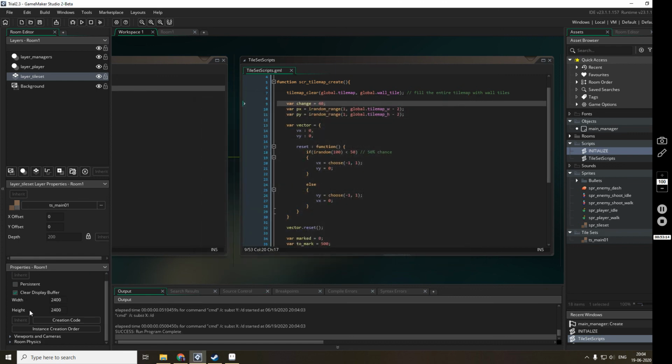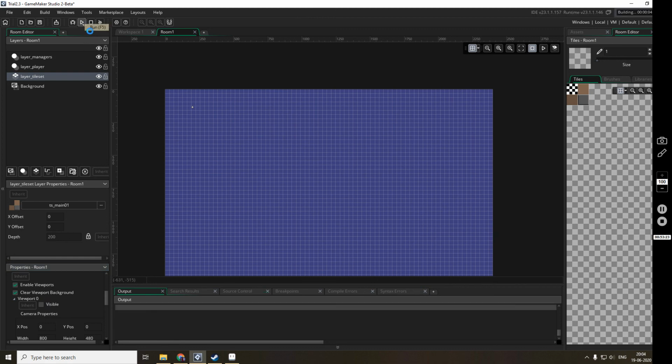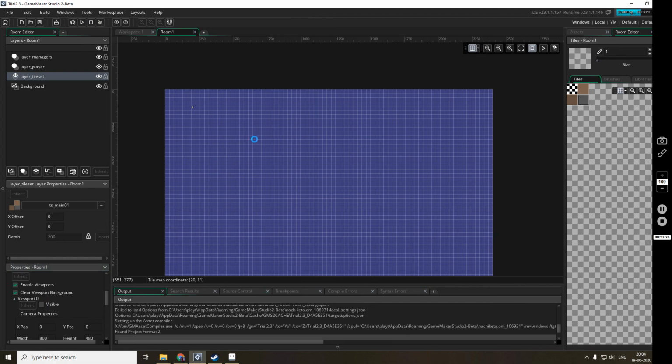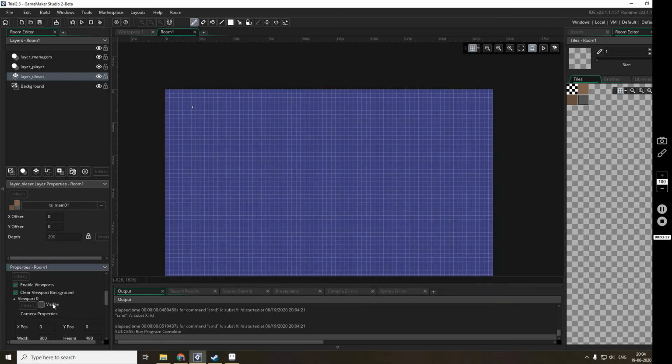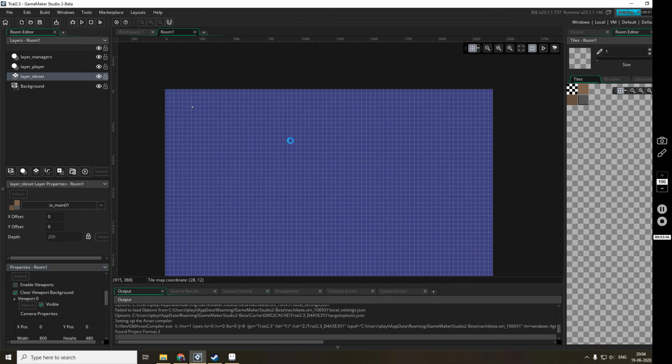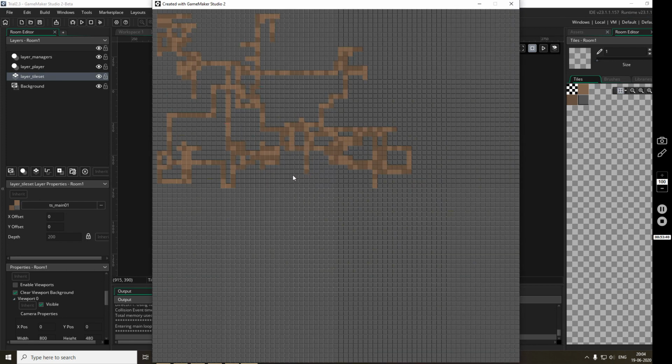Oh, it's going in that direction and we don't have any way to see the direction. What I'll do is I'll just disable the camera for now so that we see the entire screen. Yes, now we'll see the entire screen and see how our map is going. Maybe it is getting created correctly. Oh, where is that now? Oh, not enable viewports. I'll just disable the viewport and now see. Okay, so this is what I was talking about. We got a dungeon.